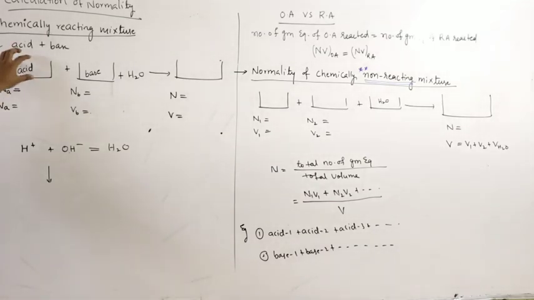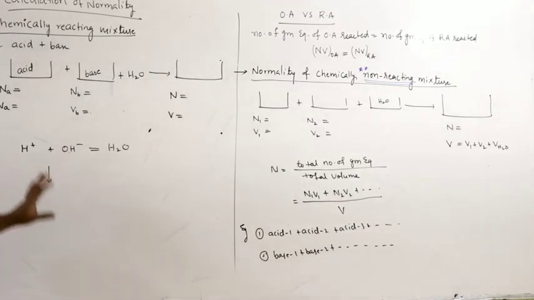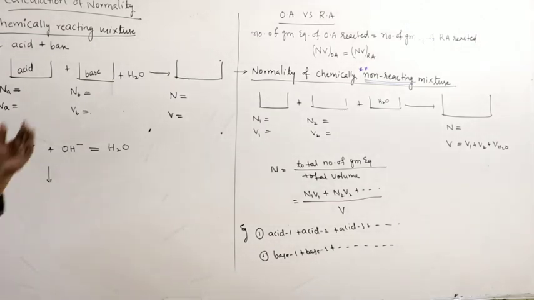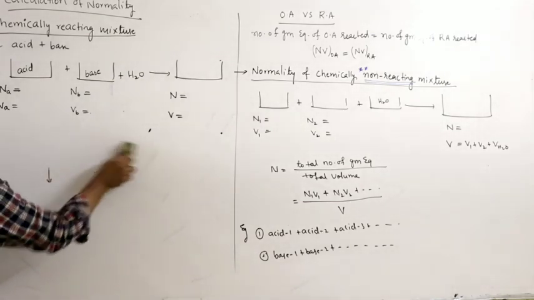So the number of H plus ions as well as OH minus ions decreases because of chemical combination, because they chemically react. Right. So the resulting solution may contain H plus ions, or it may contain OH minus ions, or it may contain only water, with equal number of H plus and OH minus ions. How to find this? Let us assume case 1.